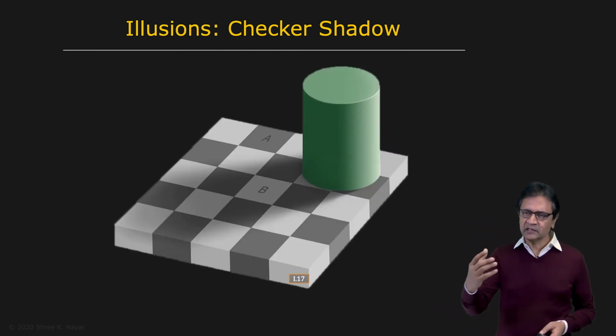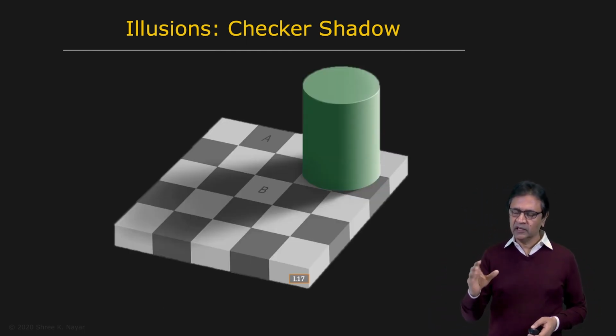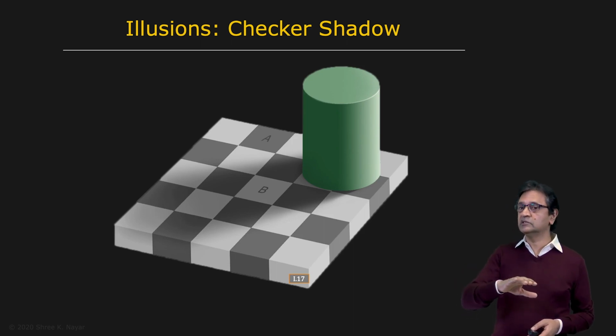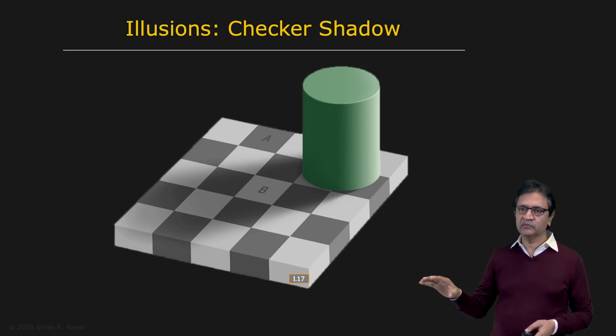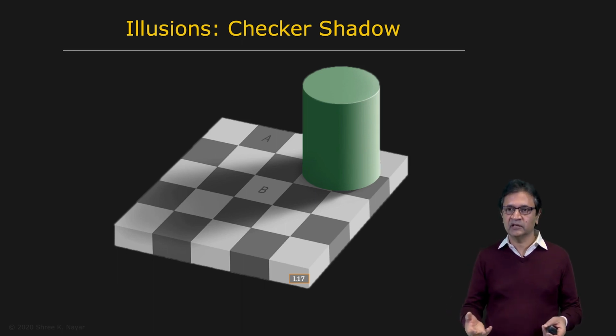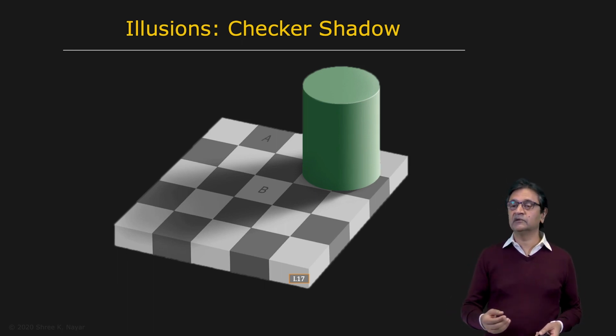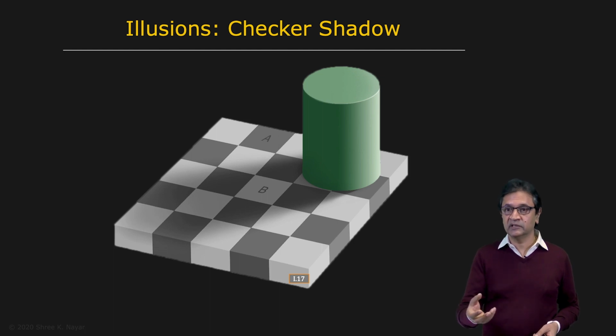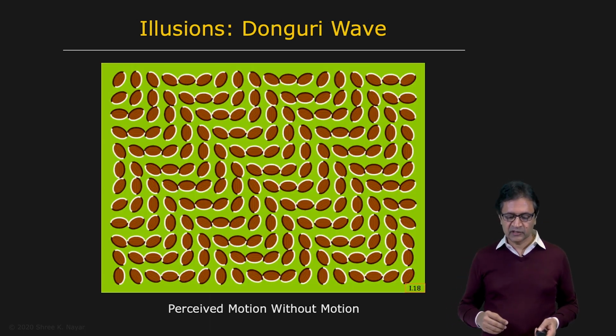Well, it turns out that our visual system is able to figure out, in this case or in any case, that the illumination is varying over the scene. It's gradually varying. It's able to detect this spatially varying illumination and use it to compensate for the brightness values in the image itself, and therefore able to figure out that patch A is made of darker material than patch B, although both of them actually have exactly the same brightness.